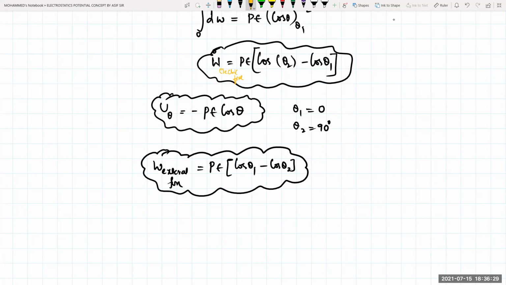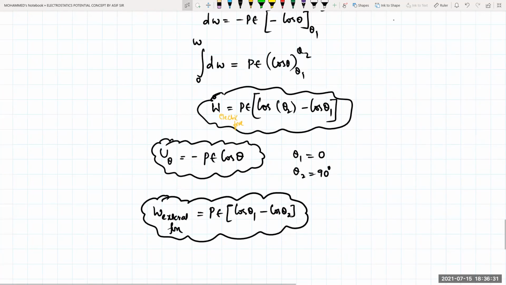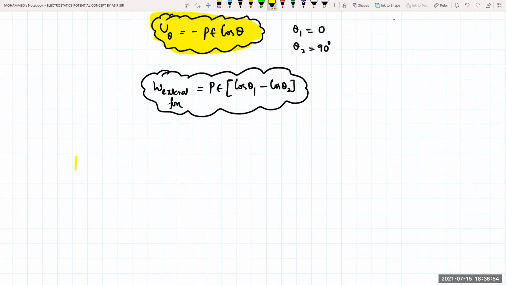Generally try to remember the electric field case only, beta. That is the basic formula we need to remember. Work done in rotating the dipole in the electric field is given by this one, and the potential energy formula is minus PE cos theta. Is that clear? So that is the relation we need to write, and you already know the basics of this. Whenever we write the potential energy relation, just keep a note and write this one, beta.